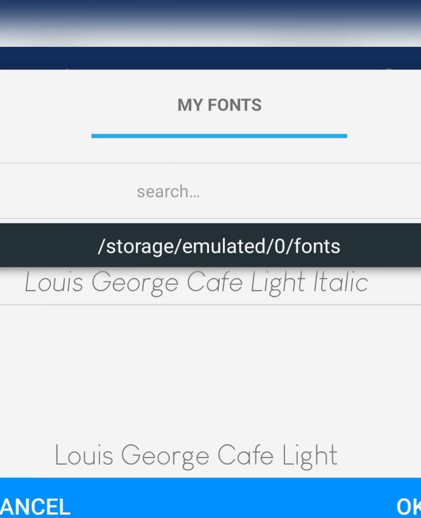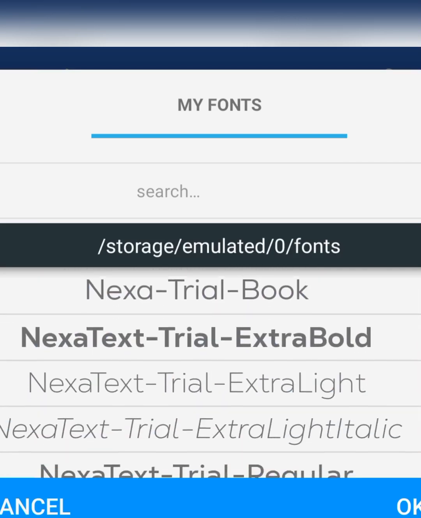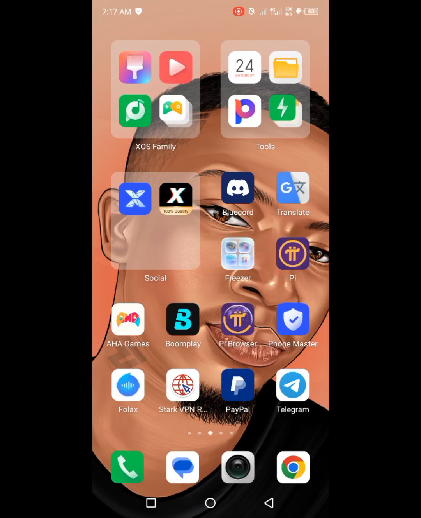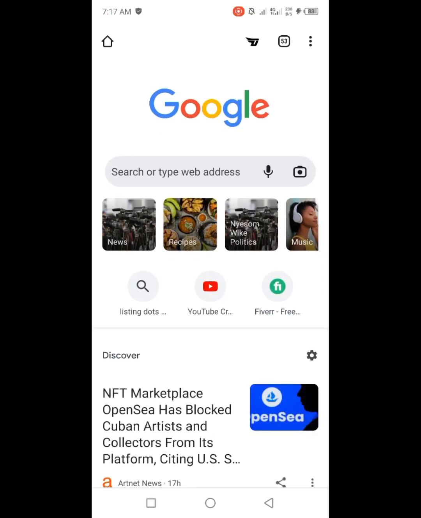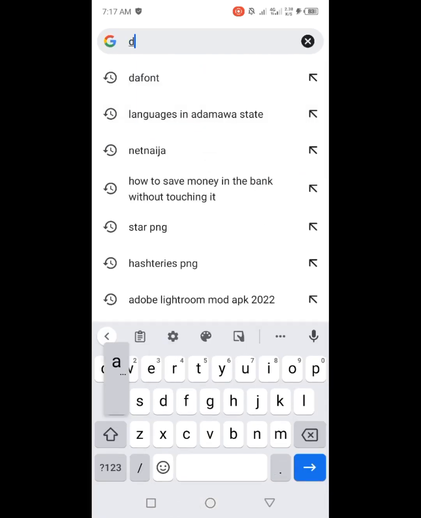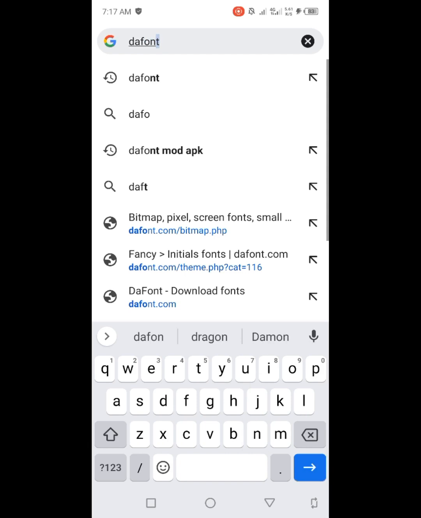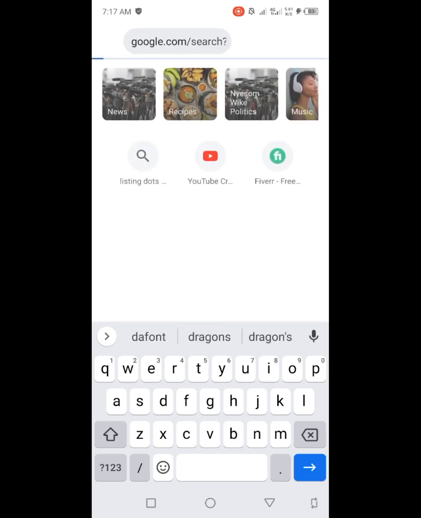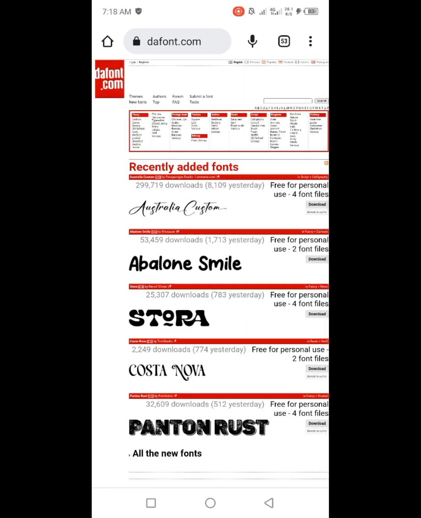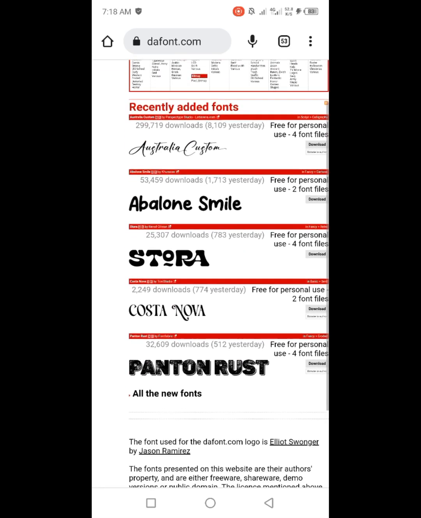So all you need to do is just get a Chrome browser and go to your Chrome browser, then type dafont.com. So when you just click on that font, it's going to pop up the option, then you tap on it, go to the first option, which is the font. It's going to bring you